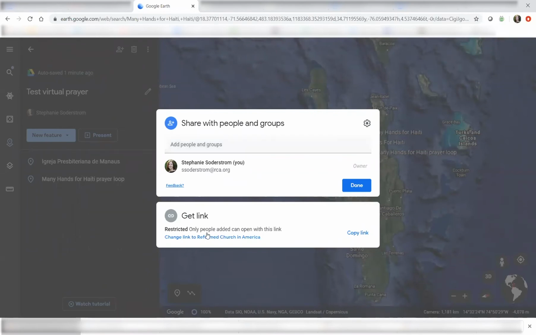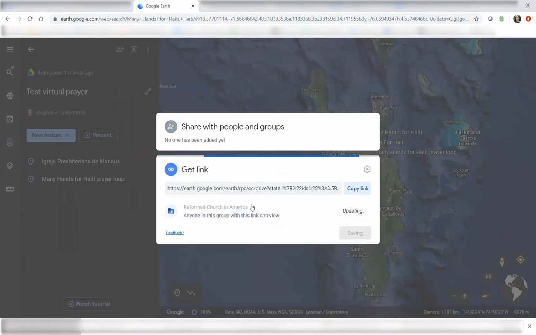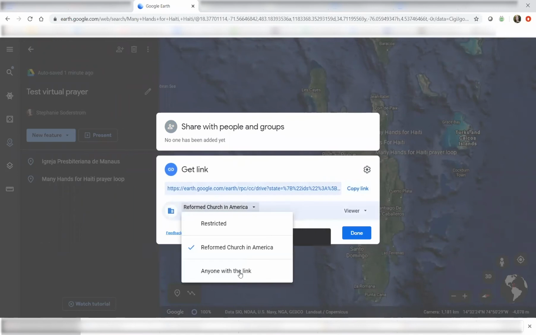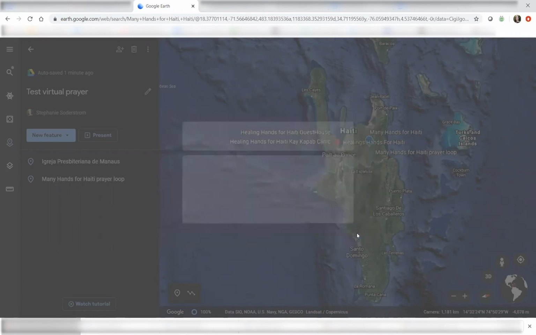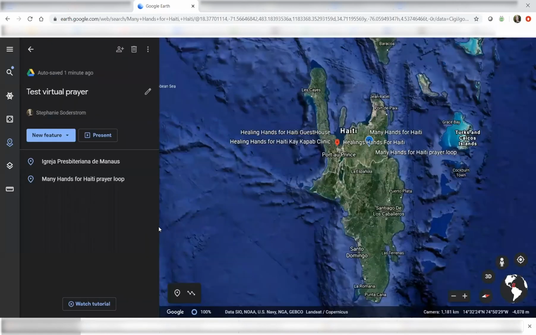Or if you just want to get the link, what you can do is change your share settings so that anyone with the link can see your presentation, and then you click copy link, and then you can send that in an email or a text message or whatever you need to the other people who are going to be using the prayer walk. When people go to use the prayer walk, all they need to do is click the present button,